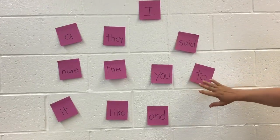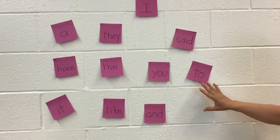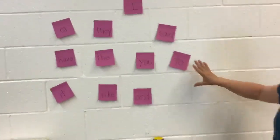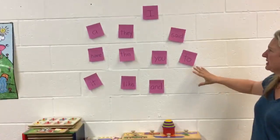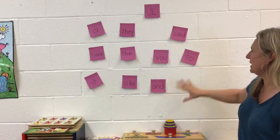So this is another sight word activity. We call it the flashlight game or I Spy. I Spy sight words. And so what you want to do is you want to write down a bunch of